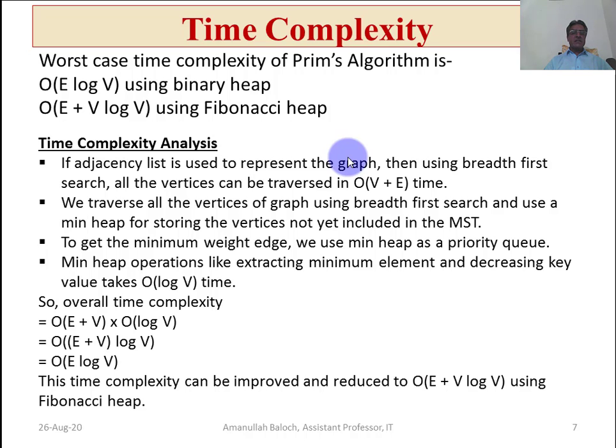The worst case time complexity of Prim's algorithm is O of E log V using a binary heap. If we use a binary heap, its time complexity is O of E log V. If we use a Fibonacci heap, then its time complexity is O of E plus V log V. There may be different approaches, either binary heap or Fibonacci heap. So, for time complexity analysis, if an adjacency list is used to represent the graph,